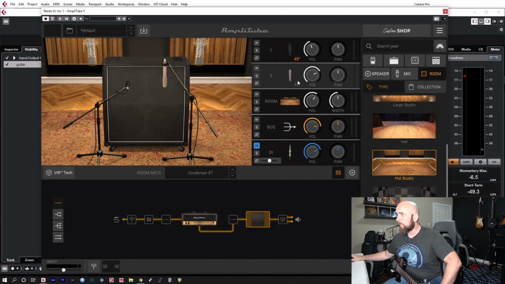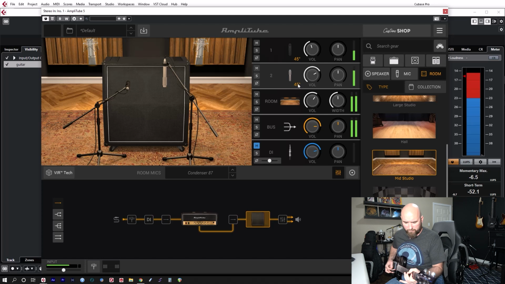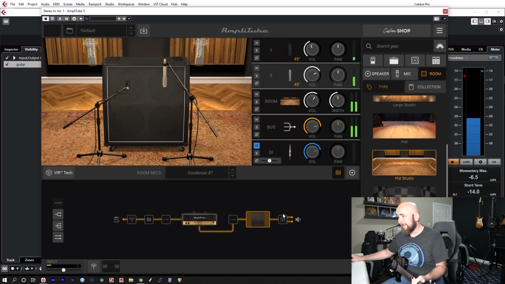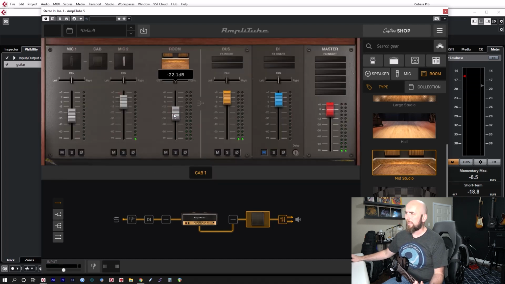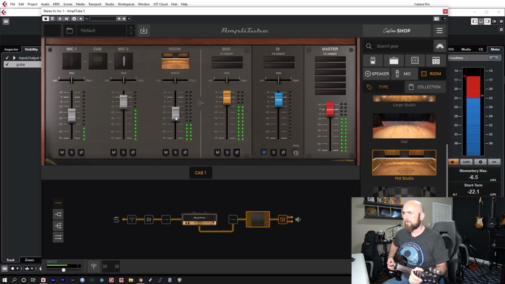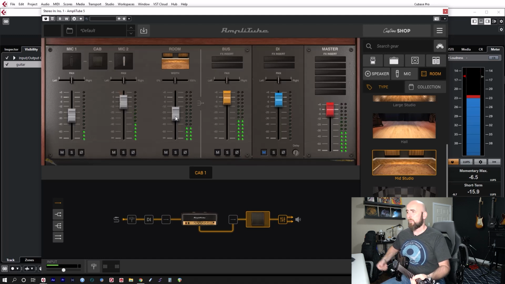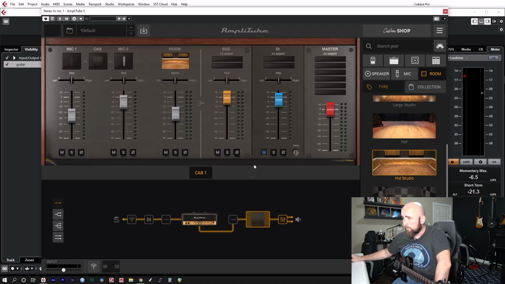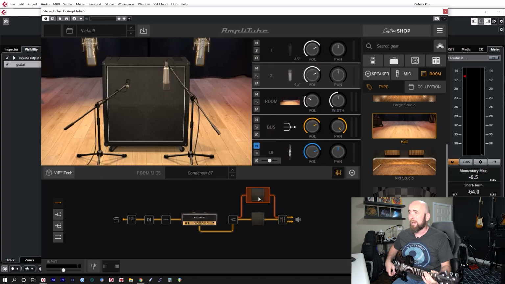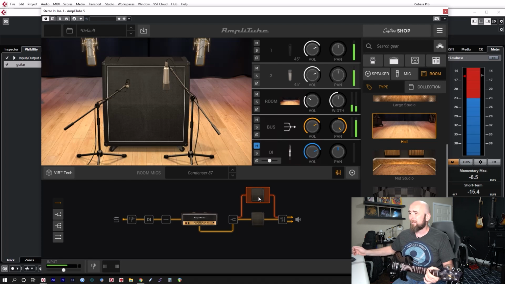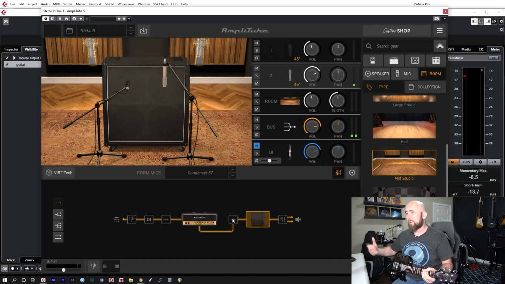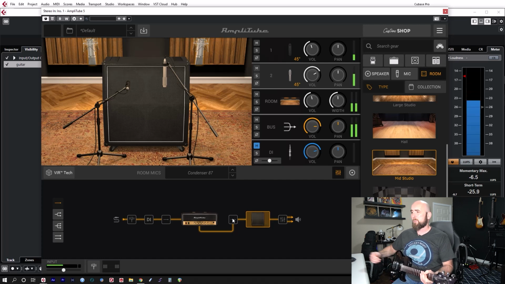I'm going to try putting these mics at 45 again. Really nice stuff out of this. Now I'll bring that reverb back a little bit. So very, very nice stuff and super, super flexible. I could click this, add a second cabinet if I so desire, with different microphones. Really, I don't want to dive through all of these options, but let's look at some of